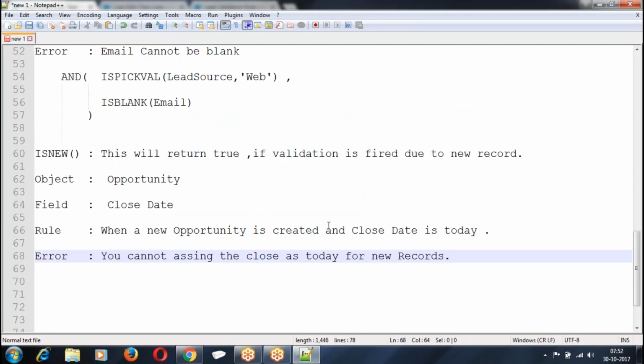So what is the purpose of a validation rule? Whenever a new record is created or an existing record is modified, we are going to check the rule. This is the purpose of validation. We'll see some advanced scenarios along with this. Right now, the way you create the validation is the same for everyone. How to create a validation?